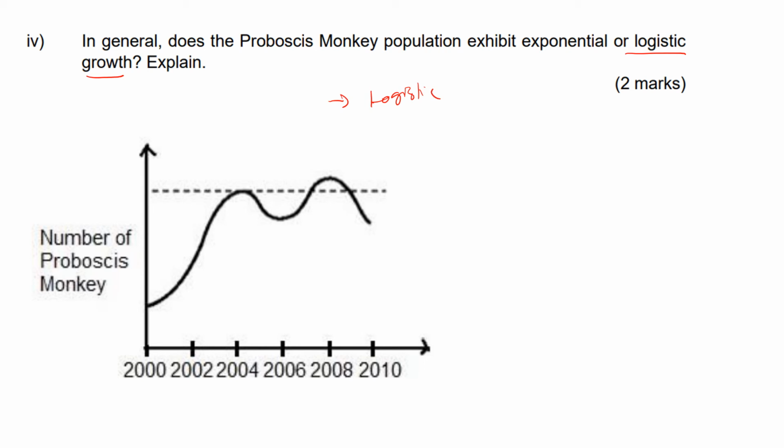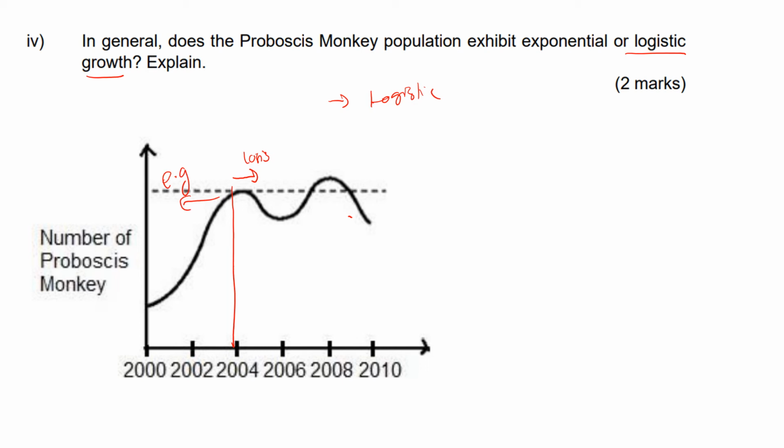Because for a population that experiences logistic growth, it means that the population of that species will stop at a certain point after the period of exponential growth. So this region of the graph experiences exponential growth, but after 2004, it experienced logistic growth,